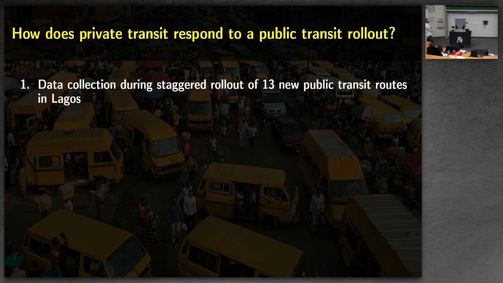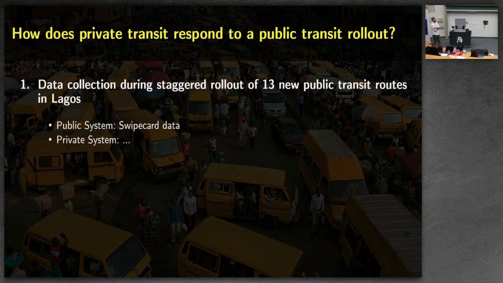Our question was, in a world where you're making this big public investment, but you're doing it where transport is already provided by the private sector, how does the private sector respond? And how does that matter for how we should think about measuring the returns on these investments? First we had to collect a bunch of data during the rollout of a subset of these new